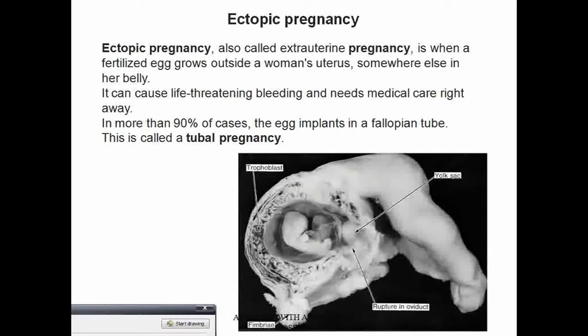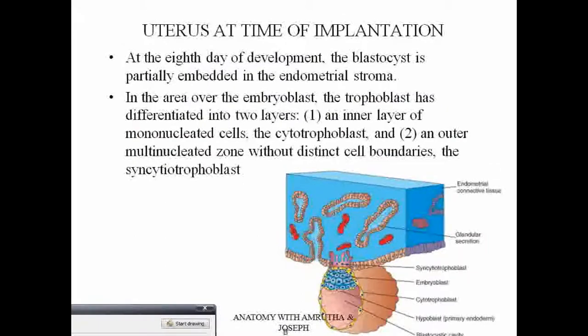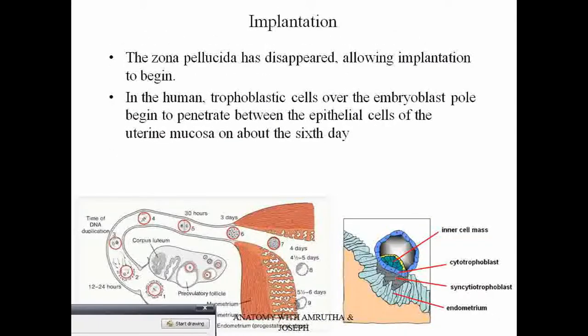So we have discussed that zona pellucida is very important. If the zona pellucida is disappearing, the implantation can occur anywhere, like we have seen here. Zona pellucida, it is present here, but if it is disappearing, it can implant. Suppose the fallopian tube has a tumor or any growth or any stricture, and the developing embryo cannot reach here. So almost on the 8th day, the changes occur in the embryo, the zona pellucida disappears, and the implantation occurs in the fallopian tube. So it can be due to any issues with the fallopian tube.